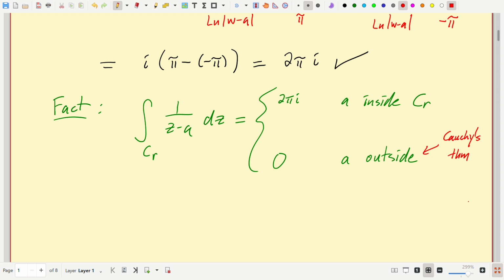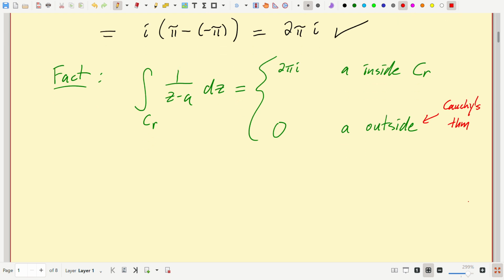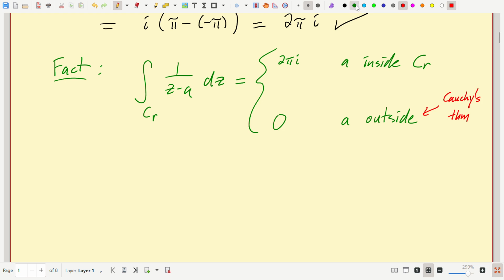Oh, by the way, this shows that 1 over z minus a does not have an analytic antiderivative. So from the previous, we know that if it did have an analytic antiderivative on that set, then that integral would have to be 0. So, a conclusion,